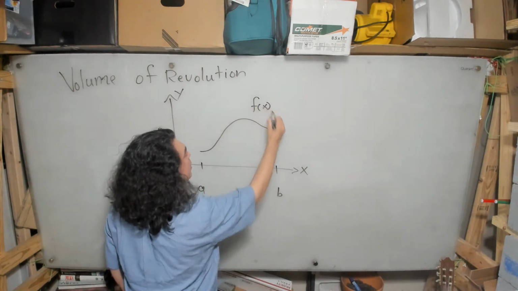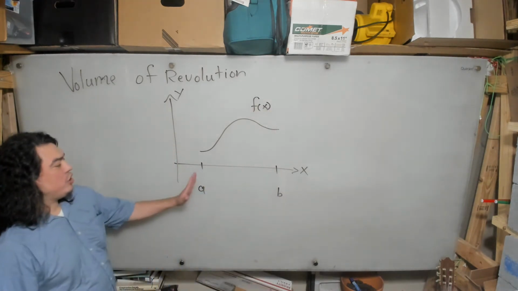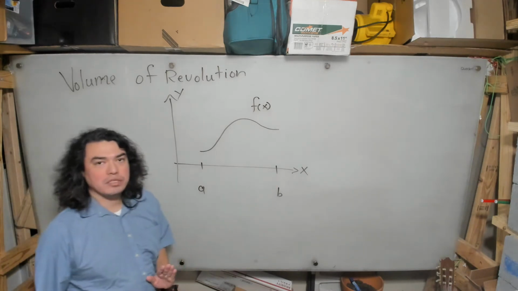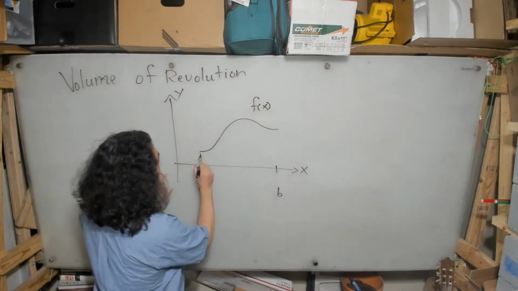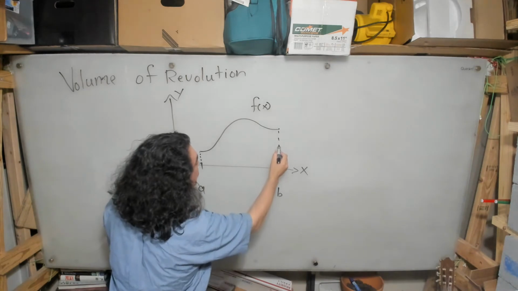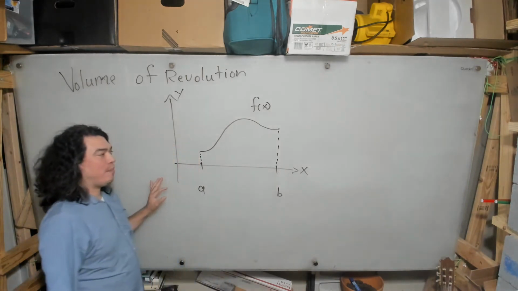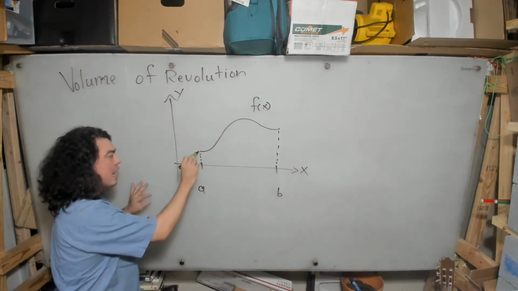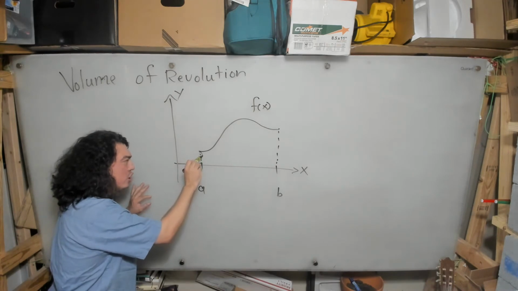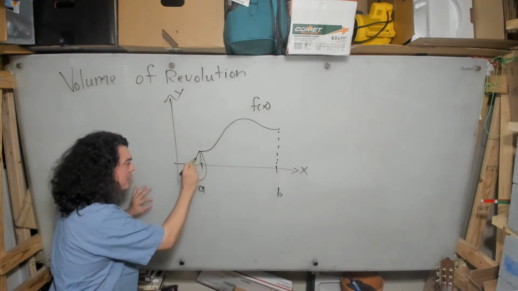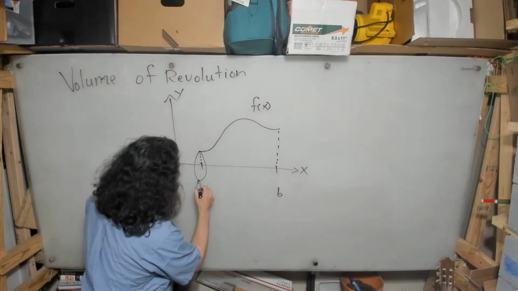In other words, f of x is a function which in this interval is only positive, and the way that this shape is formed is as the revolution of this shape about the x-axis. Okay, so down here,